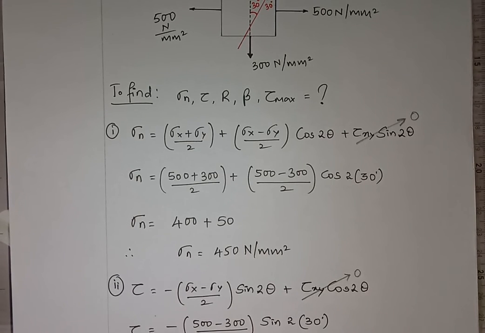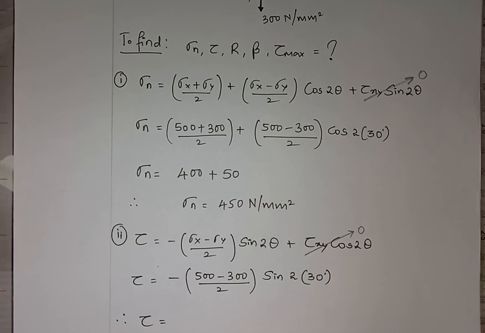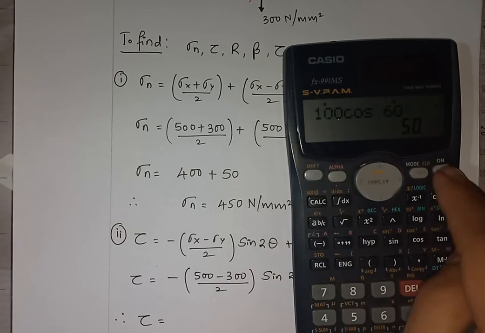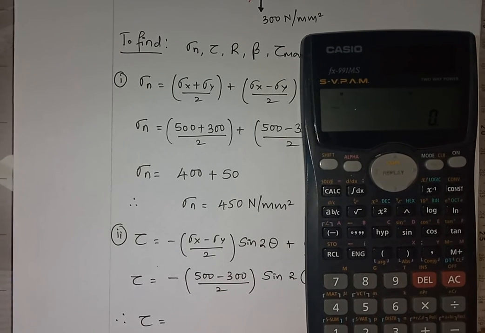So let me calculate. 500 minus 300 is 200, divided by 2 is 100 with a negative sign, so it is minus 100